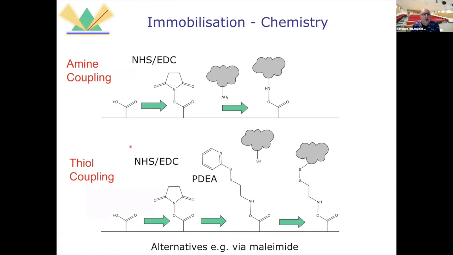Right, so for amine coupling, what we would do is put a crosslinker on the surface here, which is then going to generate a good leaving group for a protein coming in with an amine group, typically lysine, which is going to form a crosslink here. For thiol coupling, we generate the surface with this PDA, and that's going to be reactive against cysteines. There's an alternative maleimide, which will then be a permanent